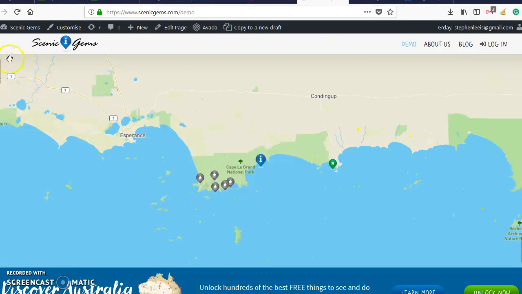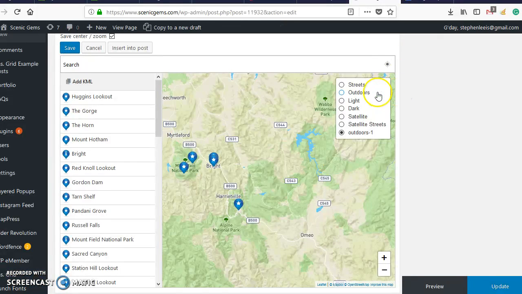Here, so satellite and zoom on the top left and top right. With the layers here, with this functionality,